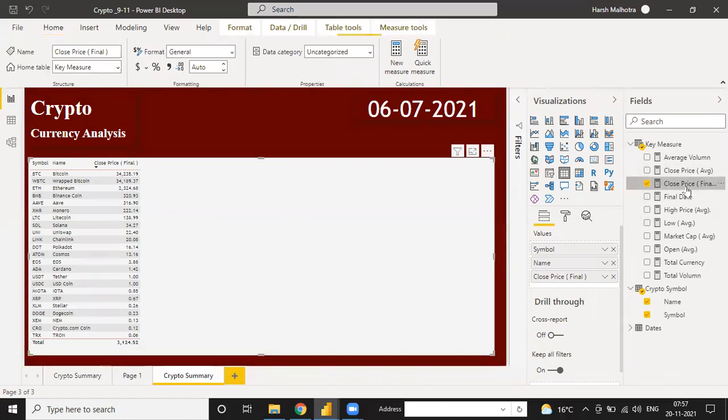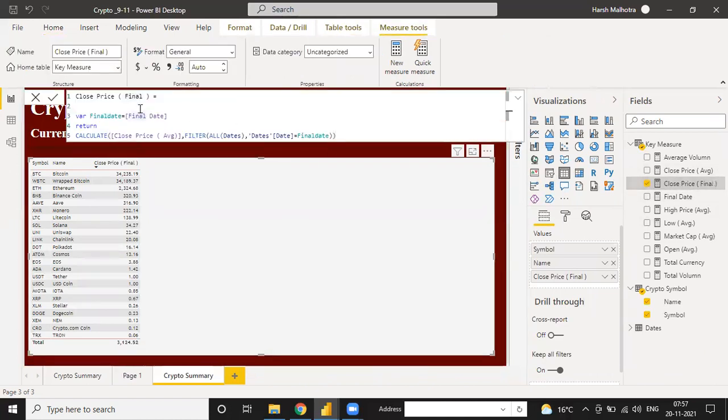If I click on this close price final again, what is the basic step, how to remember things? Let me give the complete understanding.